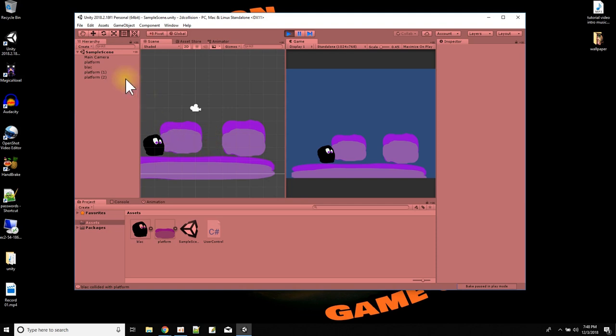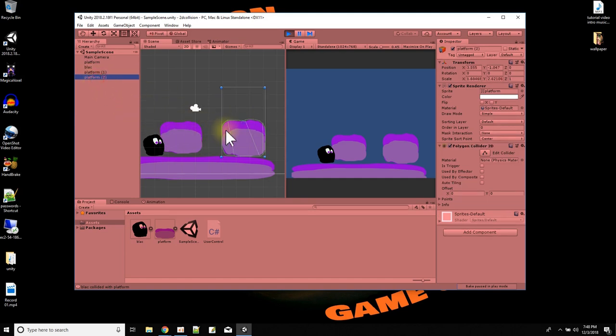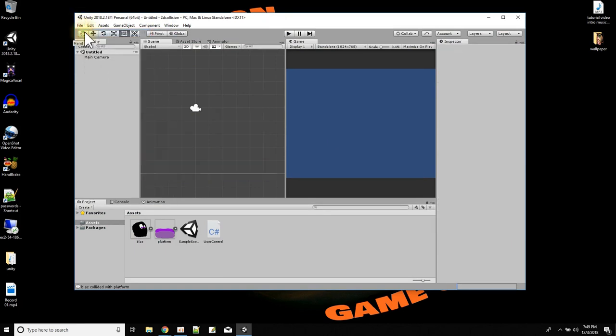It's because of the different types of colliders we used. On this sprite, we used the edge collider, and on this sprite, we just used the Polygon Collider. All right, so let me start from scratch and show you how we do this. So I'm going to have a new scene, and